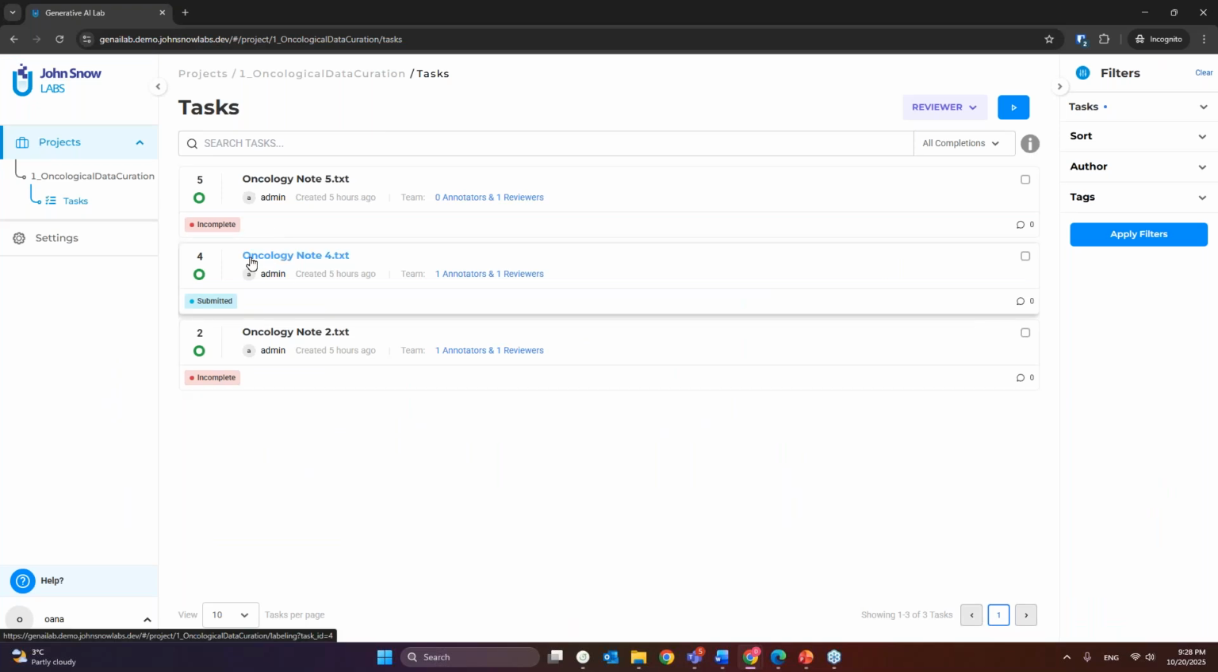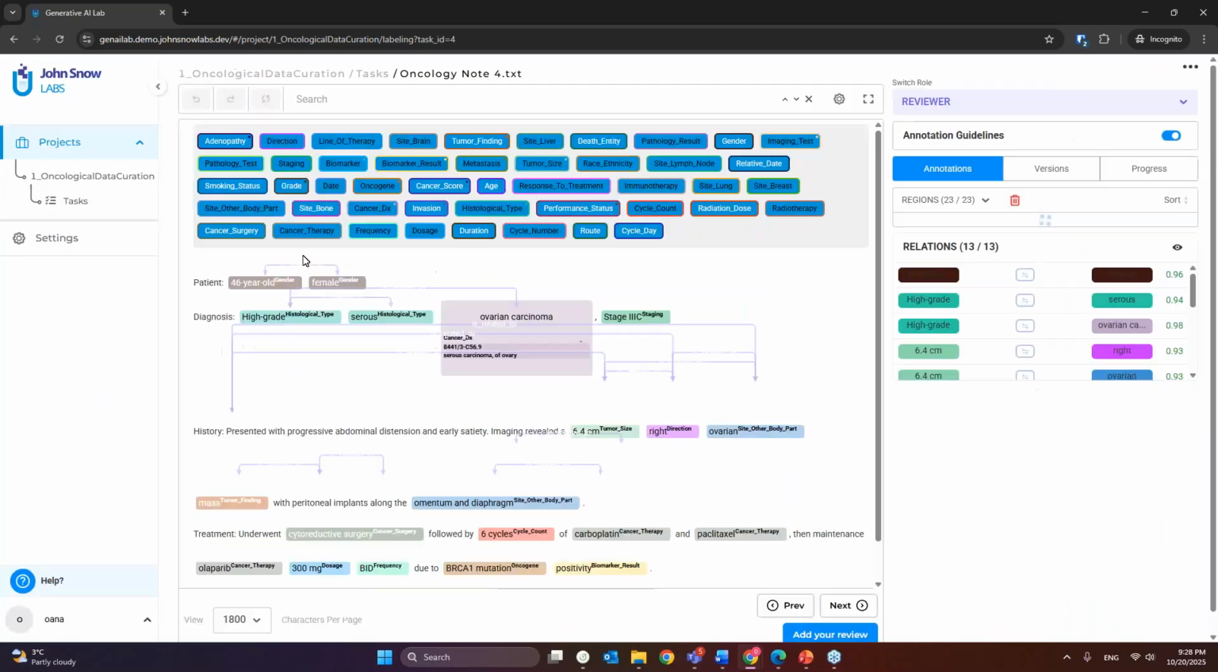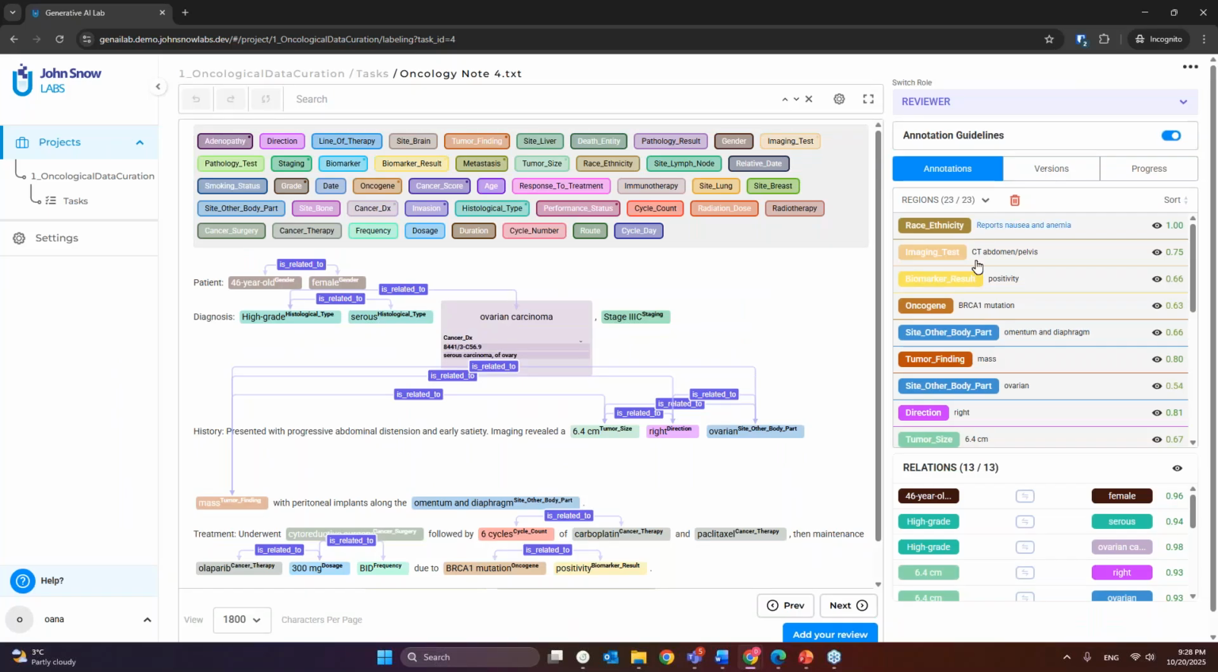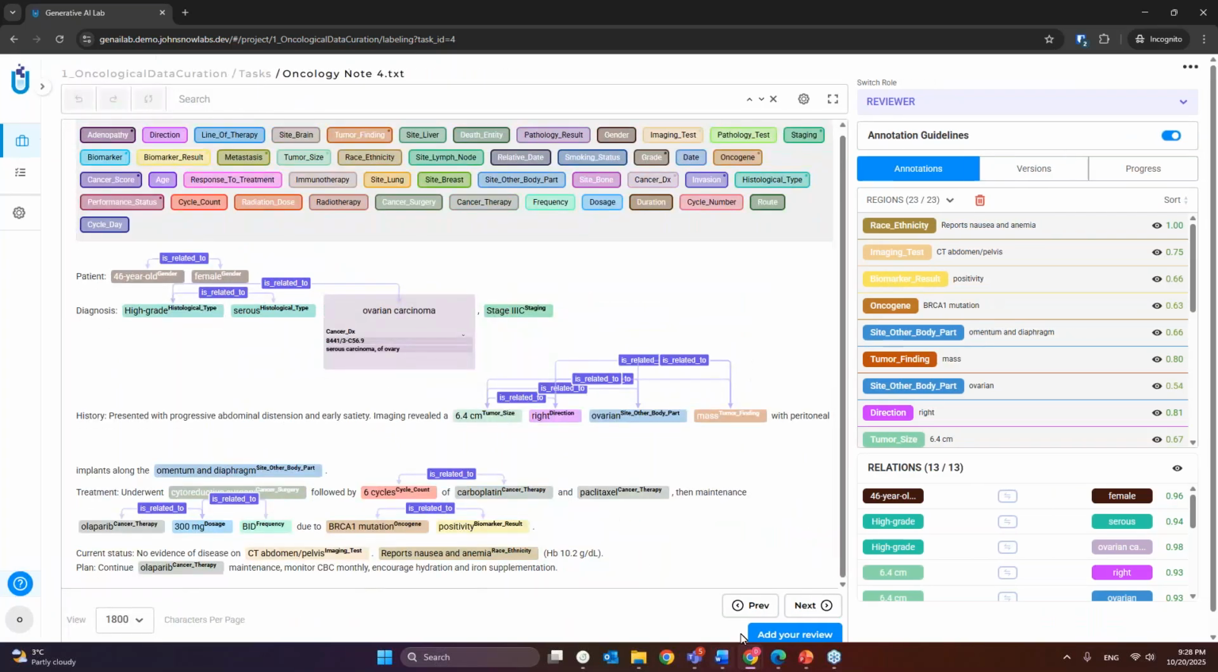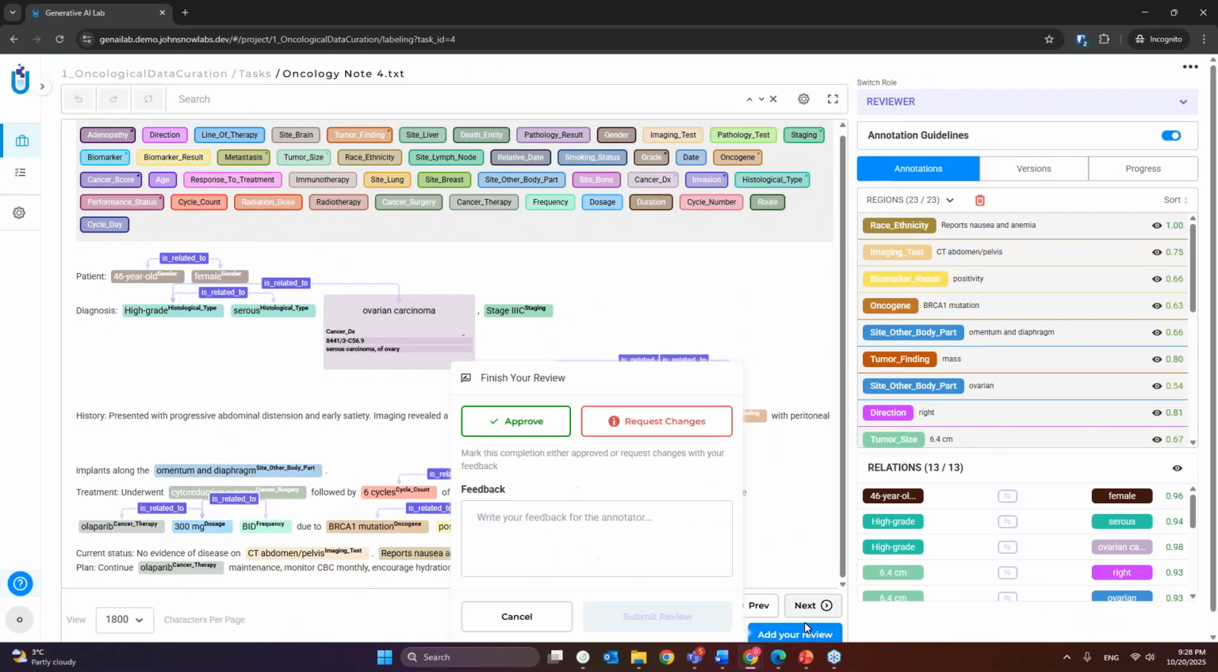What will the reviewer view? He will see that, okay, there is one task which was already finished by the annotator. And here he will have an option to add the review. He can either approve it or request changes. And here add a comment, for instance, check